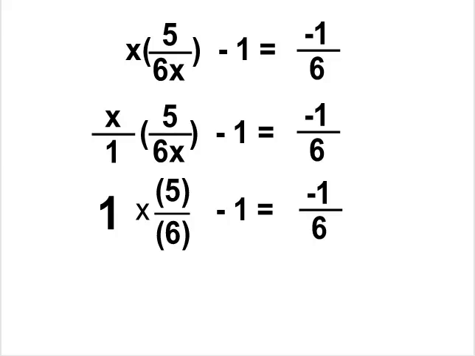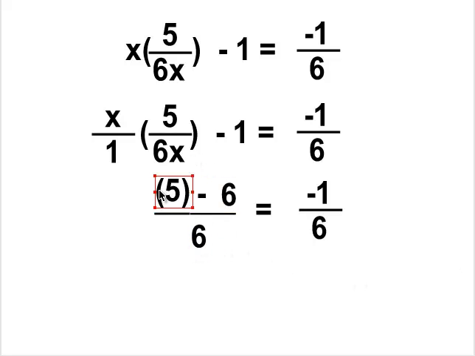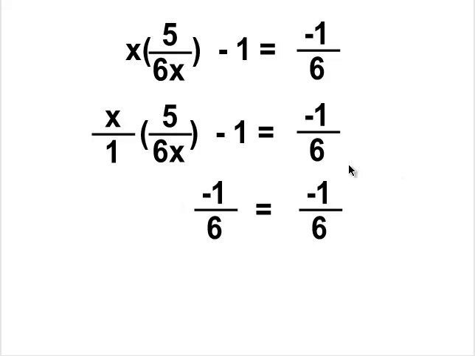And so 1 times any number is just 5 sixths. Okay? So I have 5 sixths minus 1 equals negative 1/6. I'm going to do my fraction stuff over here. They both have the same denominator of 6. So I mush them together, and I do what it tells me to do on top. So 5 minus 6 is negative 1. So I have literally negative 1/6 equals negative 1/6, which a lot of you guys wrote, but that's not the